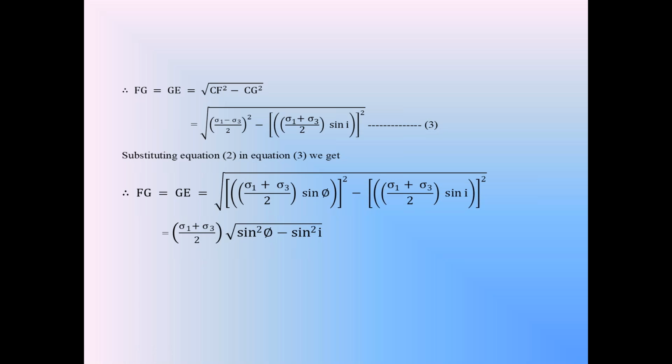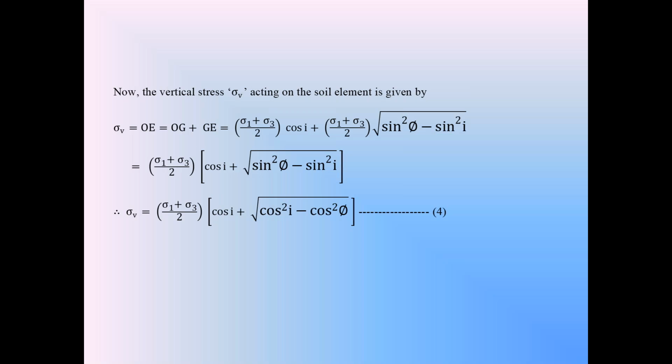Now coming to the calculation of OF and OE in the Mohr circle. We know that in the Mohr circle, OE is the vertical stress sigma V on the soil element. So first calculate that sigma V acting on the soil element when the surface of the backfill is inclined. So sigma V is equal to, from the previous diagram, OE is the representation of sigma V in the Mohr circle, that you can write as length OE is equal to OZ plus GE. Sigma V is the length OE and that can be written as OZ plus GE.